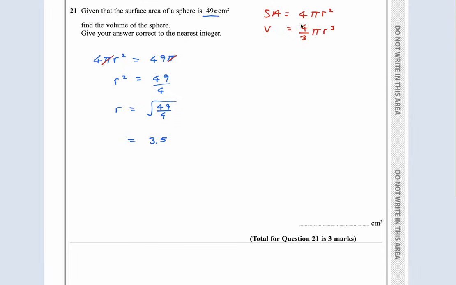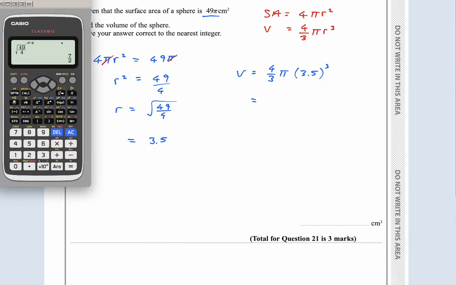Now I have the radius. I can use the volume formula. So the volume is 4 over 3 pi r cubed, and r we know is 3.5. So 3.5 cubed, and he says nearest integer, so it's